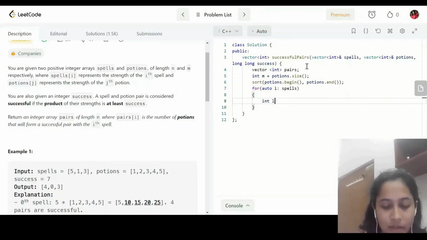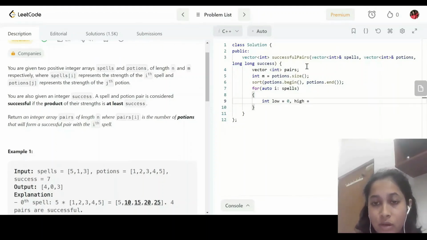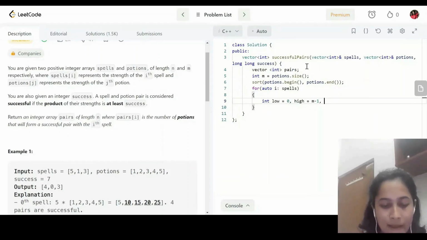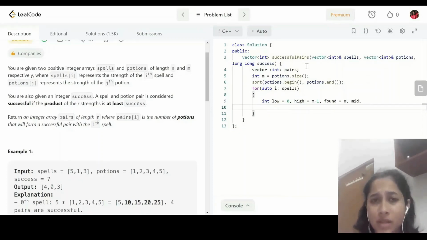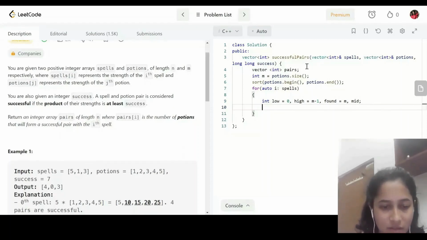let's declare int low equals to 0, defining the search space over here. High equals to m minus 1, and declare a variable called found, in which I will be assigning m, and also variable mid. It will be similar to binary search, how we write the code. A little bit of modification is needed. So while low is less than or equal to high,